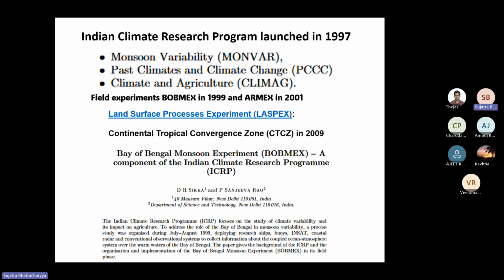So this was a very important development, both BOBMEX and ARMEX. There were two more land-based experiments, called the Land Surface Process Experiment and then CTCZ in 2009. So over a 13-year period, a lot of data was collected in and around the oceans around India, and the infrastructure for measurement in India went up dramatically. And then we had the establishment of INCOIS in Hyderabad and NIOT in Chennai. All these contributed to India's development as a major observational